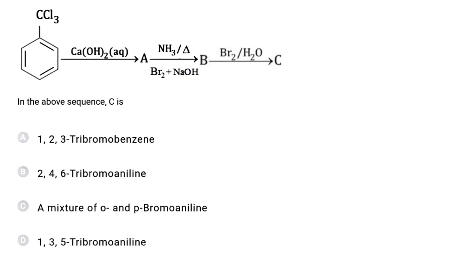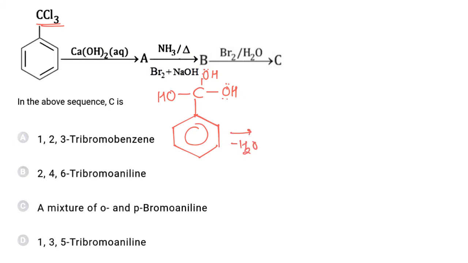In this question we have to find the product of the given sequential reaction. So now this molecule is having 3 Cl groups on the same carbon in the presence of base. Now these Cl will be replaced by OH groups. Now 3 OH on the same carbon will be unstable, so it will remove a water molecule and the compound will be converted to carboxylic acid.